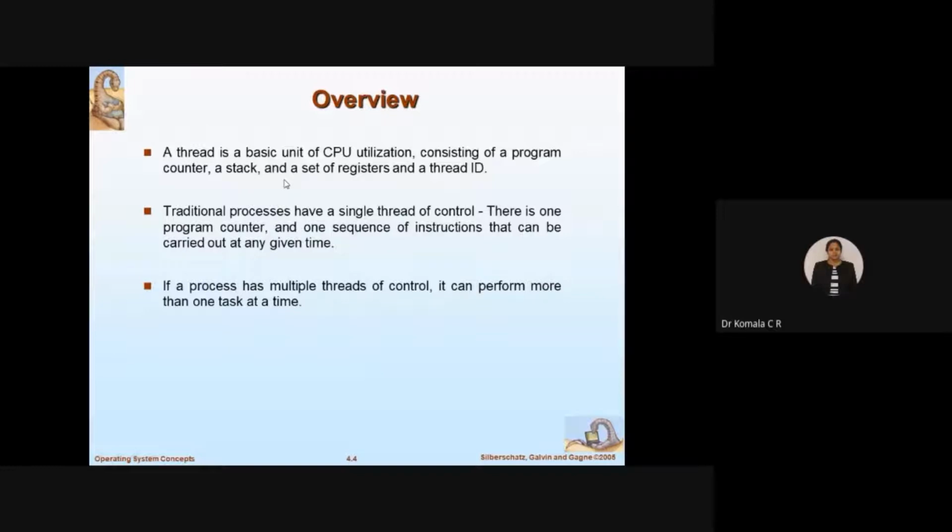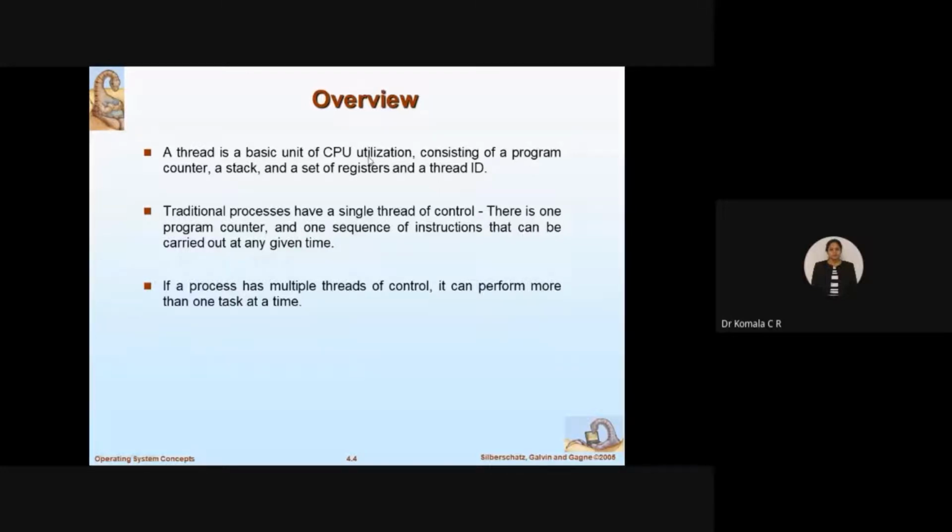Fine. I also come across several sets of registers, right? Some for temporary storage. I want to add 10 numbers. I have finished adding 3 numbers. Temporarily, I will store the result in some register. Later, I will continue with the next addition. I will retrieve the data which I have stored from the register. Then I will continue with the next step. Fine. And a thread ID. So when I talk about threads, I can go for more than one thread. Fine. So which thread am I executing? I want to know the ID, the identification number.